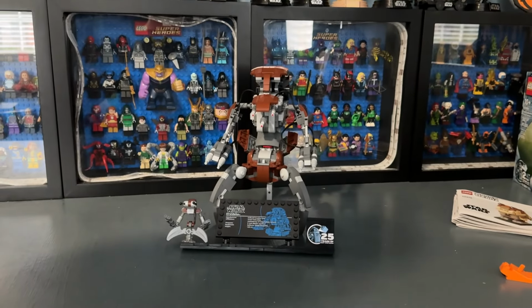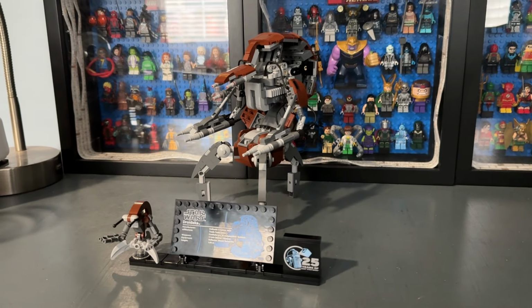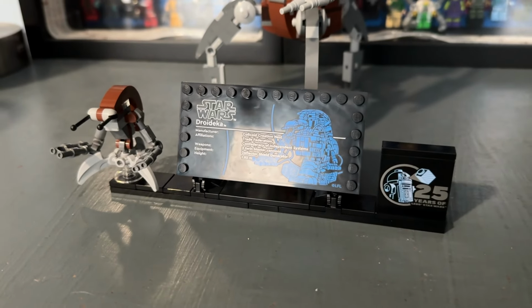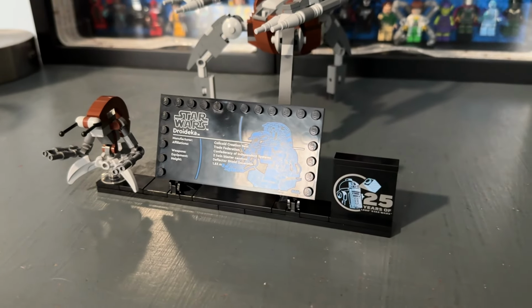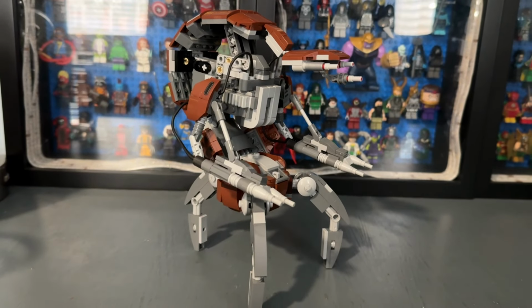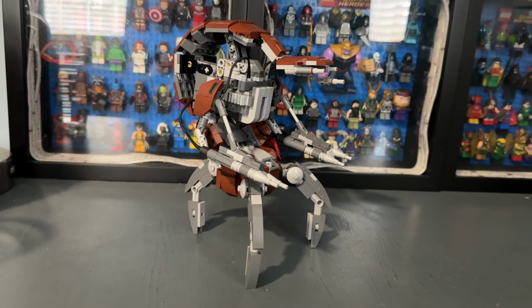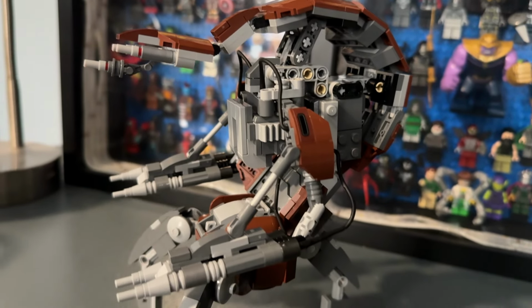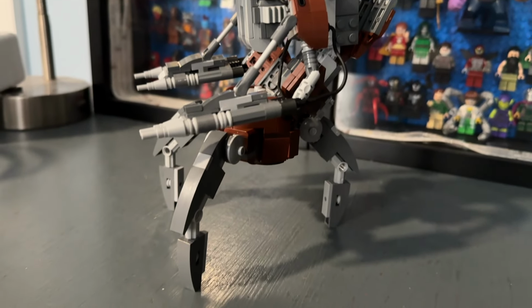And then here is the finished product of the Droideka. Again, this is way smaller than I thought it would be. I feel like the pictures make it look way bigger than it is, but cool display plaque. Again, we get the printed 25th anniversary thing, which is pretty cool. And then the Droideka itself looks really detailed as well. I feel like they could have done a better job with it. I would have preferred a bigger model, but I feel like for what it is,